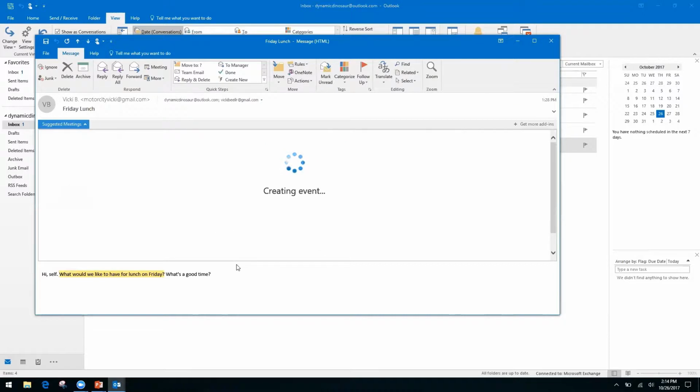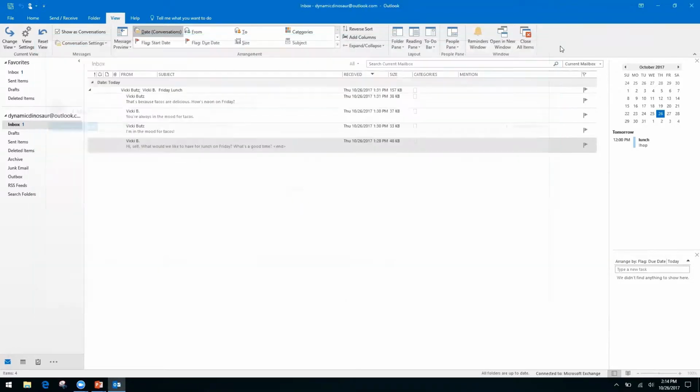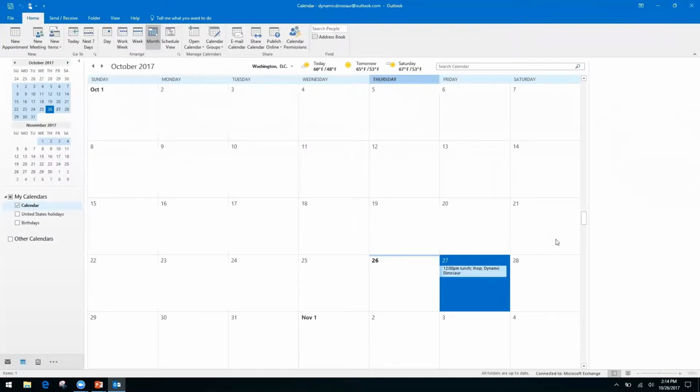I know my other 2 email accounts said that we were talking about tacos, but no, maybe I want some chicken and waffles. We're going to do that. So now this event has been scheduled, and if we go over to the calendar, we can now see that I am having lunch at 12